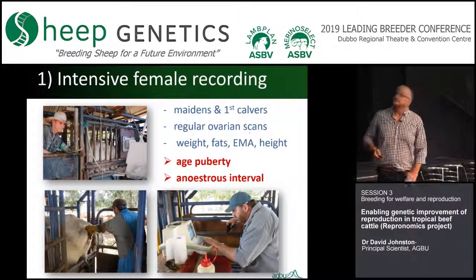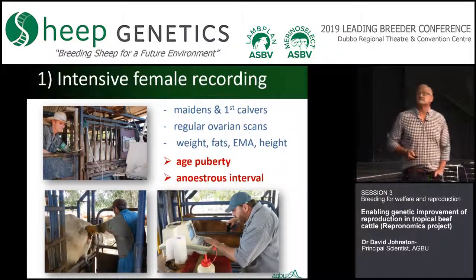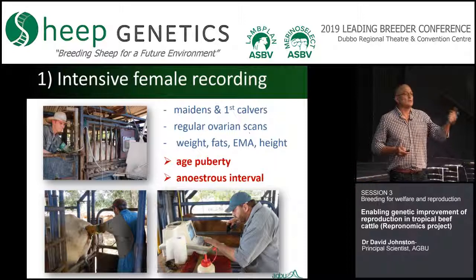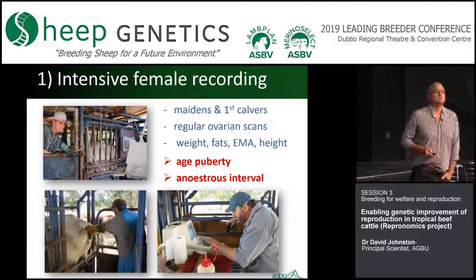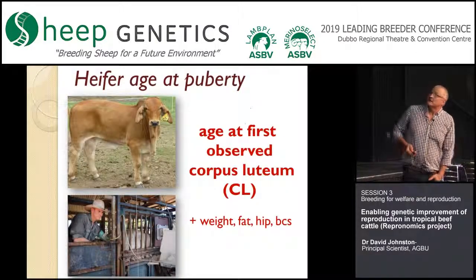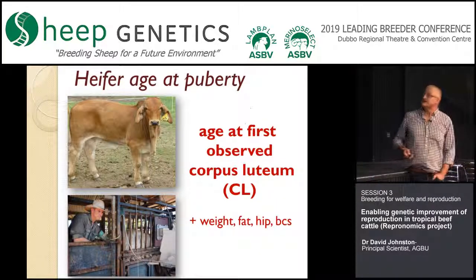What have we done? We've used intensive female recording. We naturally mated our maidens and first-calvers. We do ovarian scanning. We also get weights, fats, eye muscles, hip heights, all the descriptors of body composition, and come up with age at puberty. And what we do for age at puberty is record when we first see that CL in our maiden